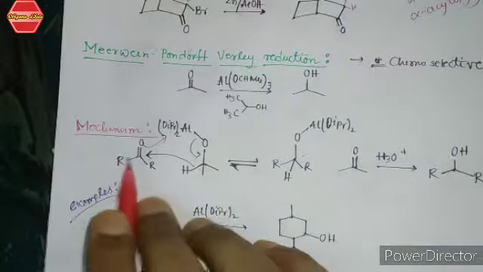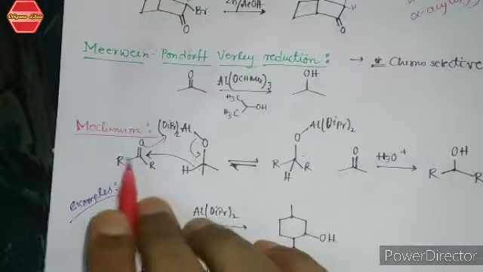Now let's come to the examples. Some examples: now there is an example of a ketone. These ketones are reduced to the alcohol, and I have already said that it is chemoselective, it only reduces aldehydes or ketones. So if a compound contains an alkene or any other kind of group, it will not attack those groups. It only reduces the ketone or aldehyde group.